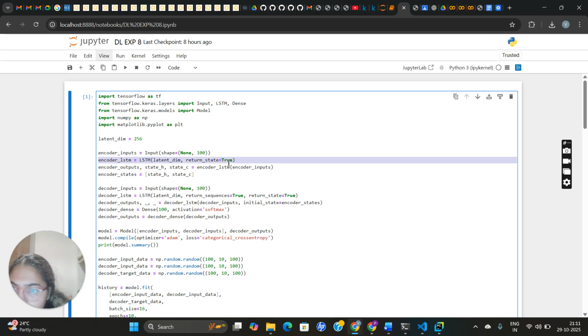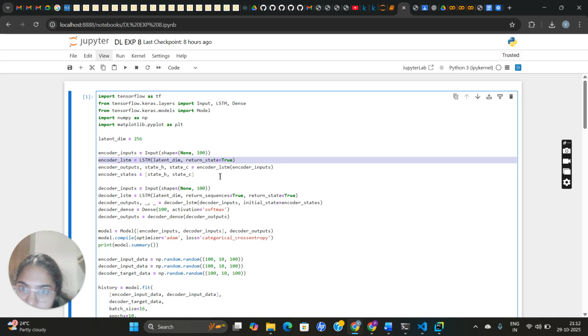So we have created an LSTM layer for the encoder that will return its final hidden states. Then encoder outputs, state h, state c is the encoder LSTM. It will run the encoder LSTM on encoder inputs. State h and state c are the encoder's final internal states, and then we will package the encoder final states so they can be passed to the decoder as its initial state.